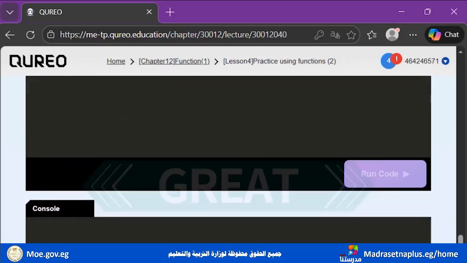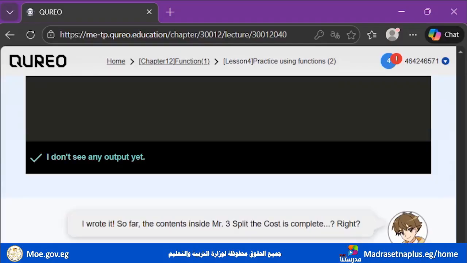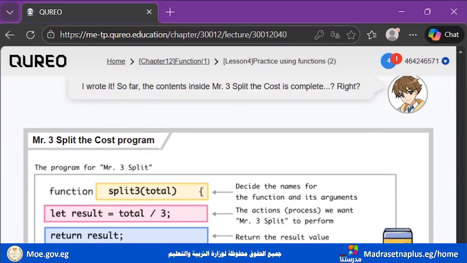Great, but also I don't see any output yet. Now we have completed the 3 parts of coding the function split3. First, we write the keyword function, then the name of the function. So function split3, and between brackets we write the name of the